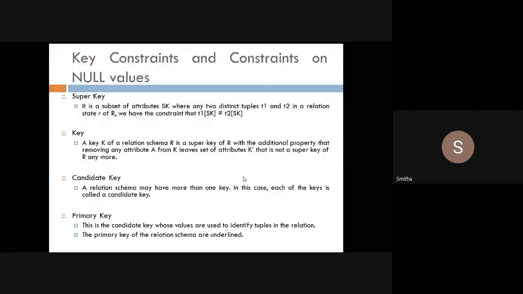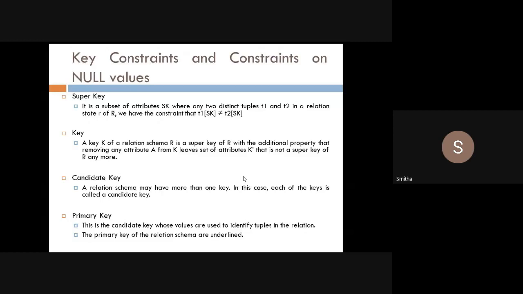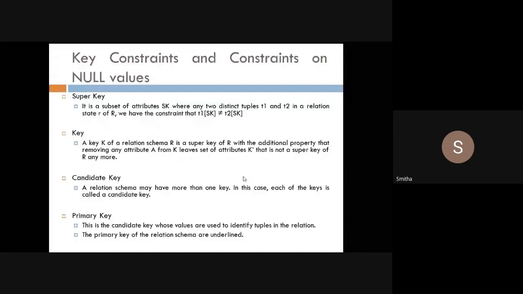Because you have not practically experienced it, whatever the tables are, you have not done any manipulation on those tables. When you do the practicals, when you do the experiments using SQL, then you will clearly understand. But for now, try to understand the definitions. By seeing the definition you should understand. I will also give examples, but you will understand better when you do it practically.